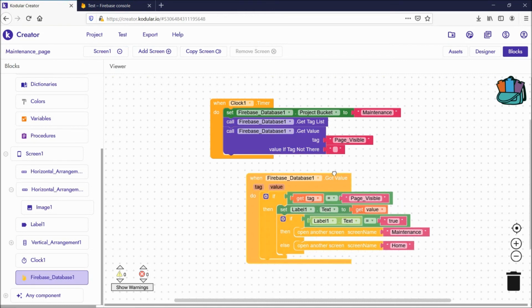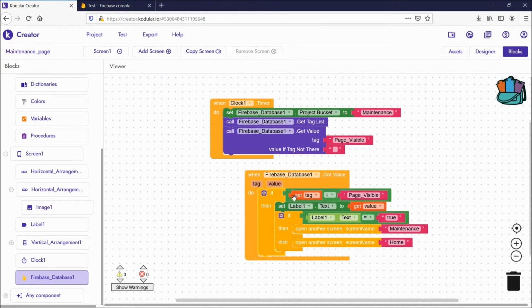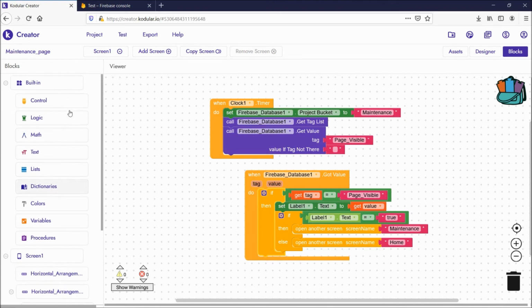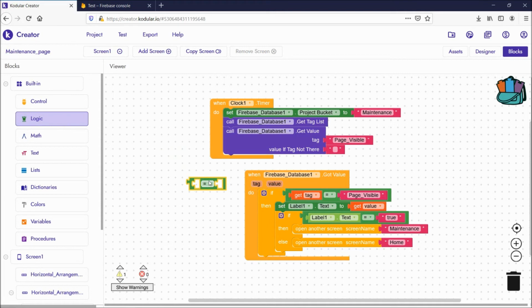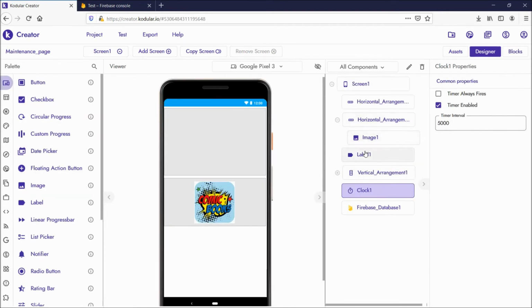After Firebase gets the value, you get the equal to from this logic component here. Just drag this equal to component, and get tag equal to. I just copied this page visible and pasted it here. If get tag is equal to page visible, I have kept a label named label 1 here.